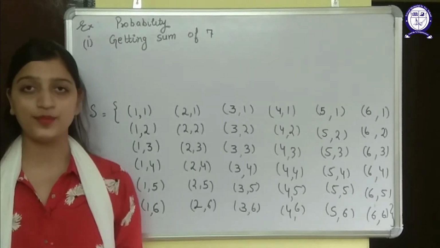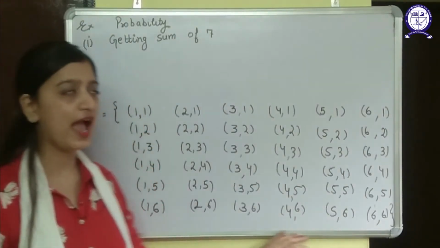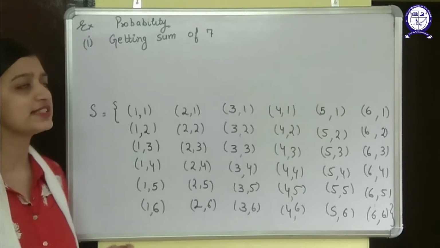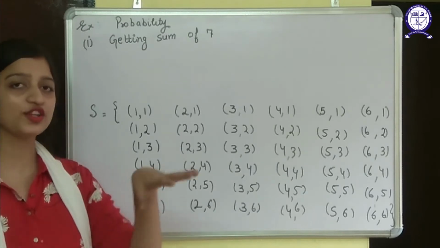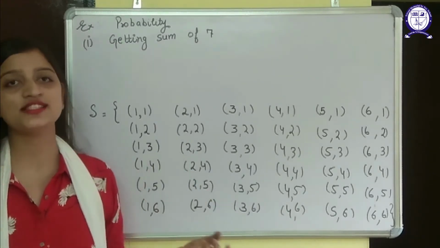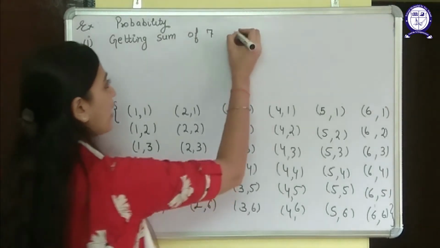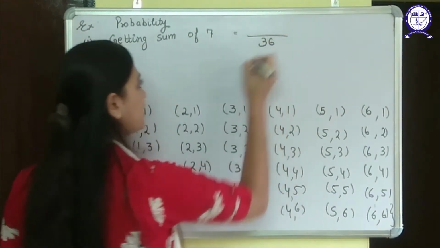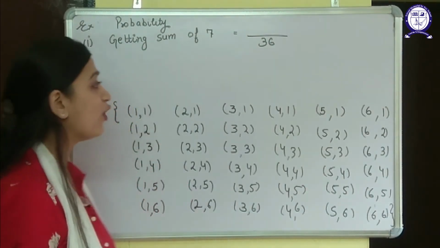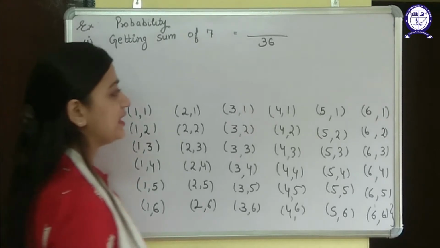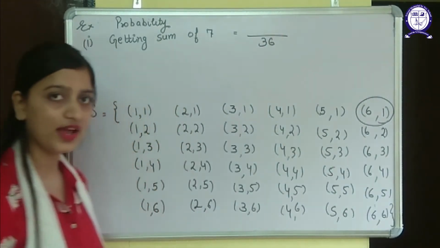Let's take an example related to the two dices. Now this is the sample space I have made and the question is find the probability of getting sum of 7. Sum of 7 means that if I throw two dices and on the top faces I get two numbers such that their sum will be equals to 7. So in this question you should always remember that total is always 36 and I will see how many outcomes will have sum 7. Now where the sum will be 7, I can see 6, 1. This is my 7. Right?